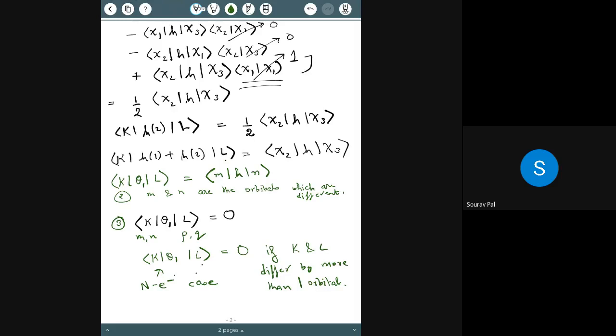So the language that is sometimes used is that a one electron operator can only change the occupancy